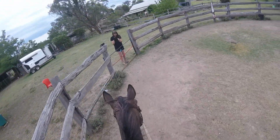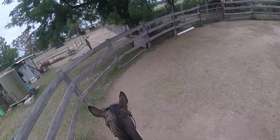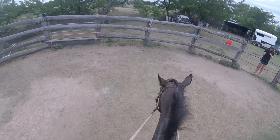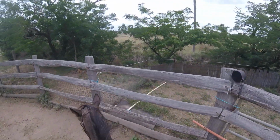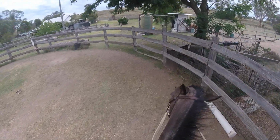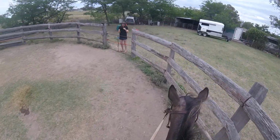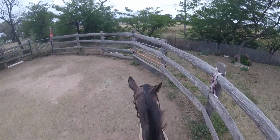Good girl. Good job. Good girl. That's beautiful. And turn this way. Lovely. Put the pressure on that side. Across here and to trot. Now this is the side she was having difficulty going. Let's see if she can trot with me on this side. She doesn't want to. She might be a little sore, maybe. No, she's fine. Right, that was a bit naughty because she's trying to get me to...